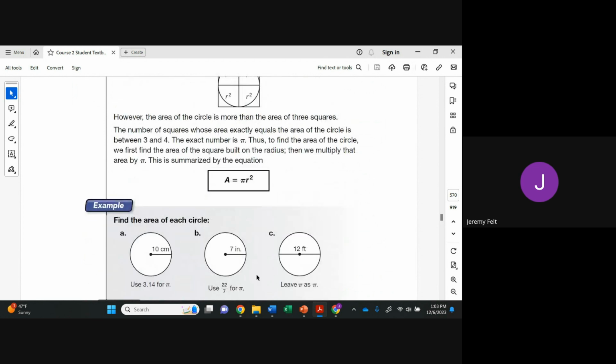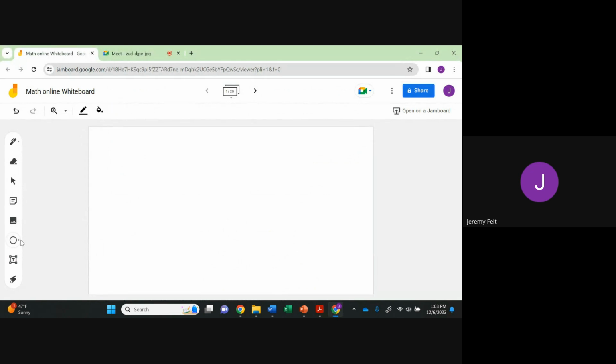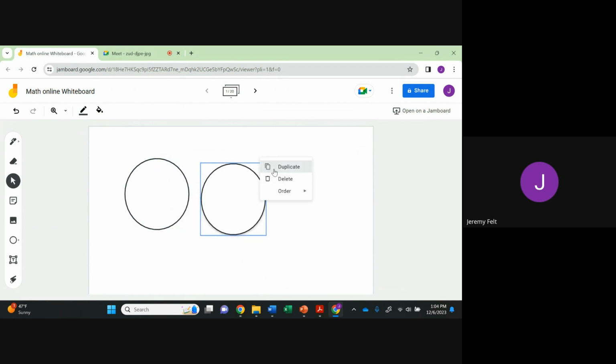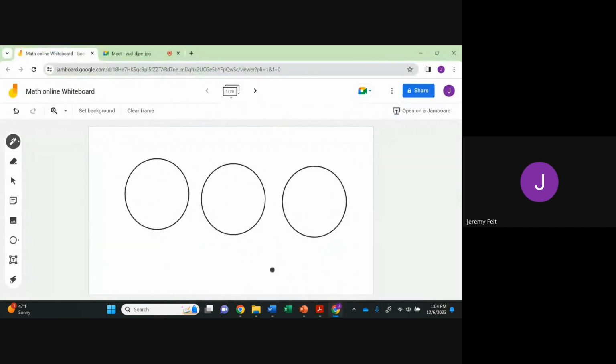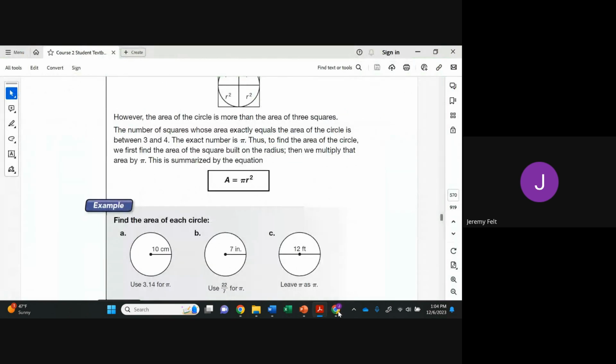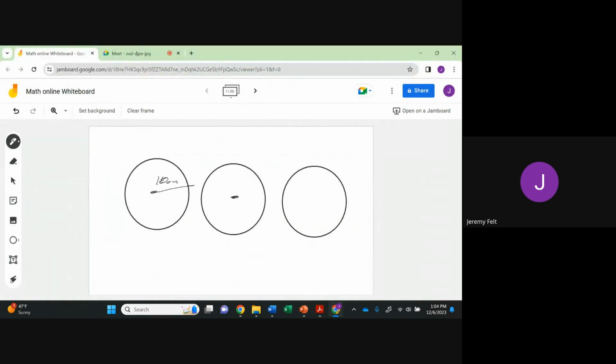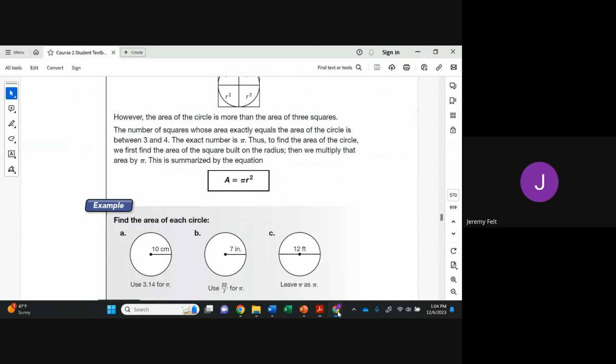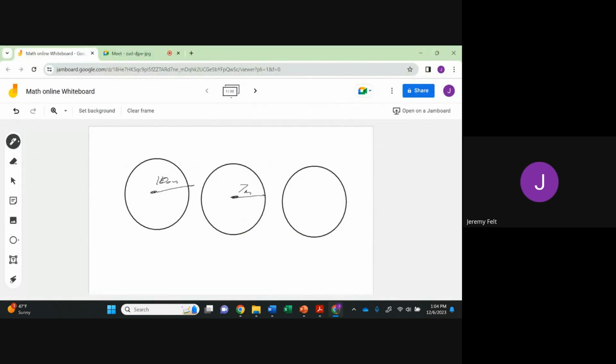So if we have, make it as close to a circle as possible. It kind of looks egg-shaped, but we'll use it. So our first one is 10 centimeters. Oof, what is 7 inches and 12